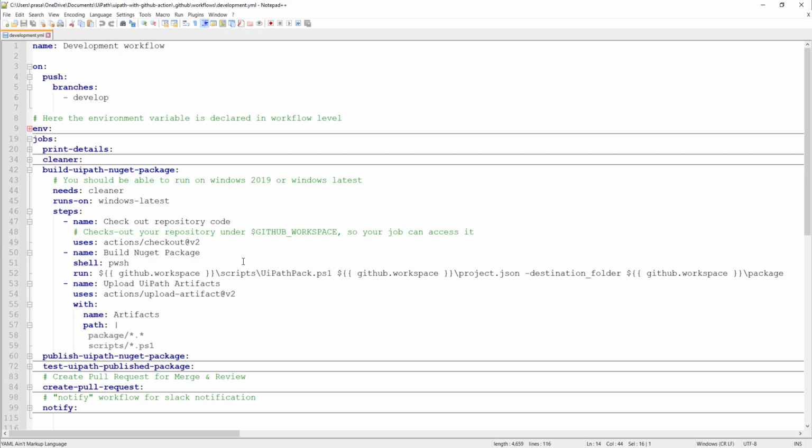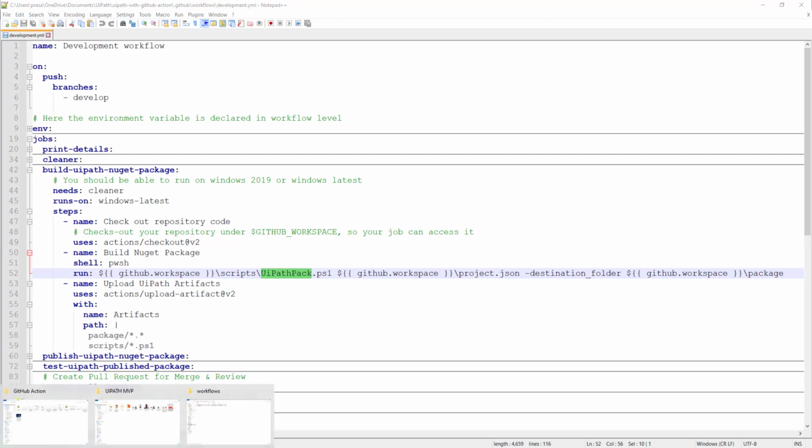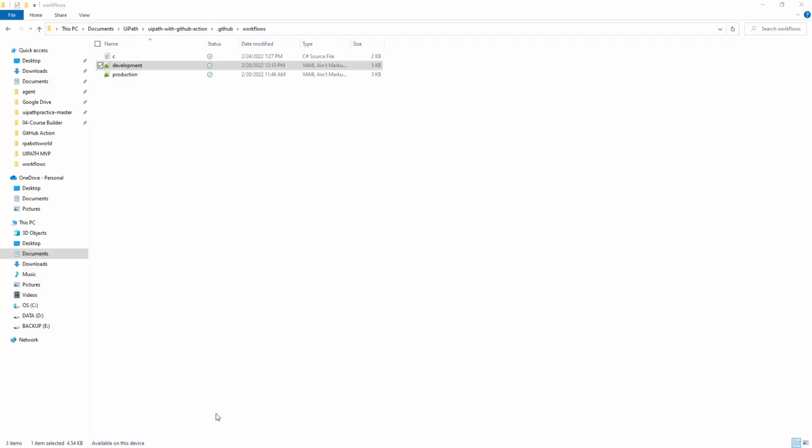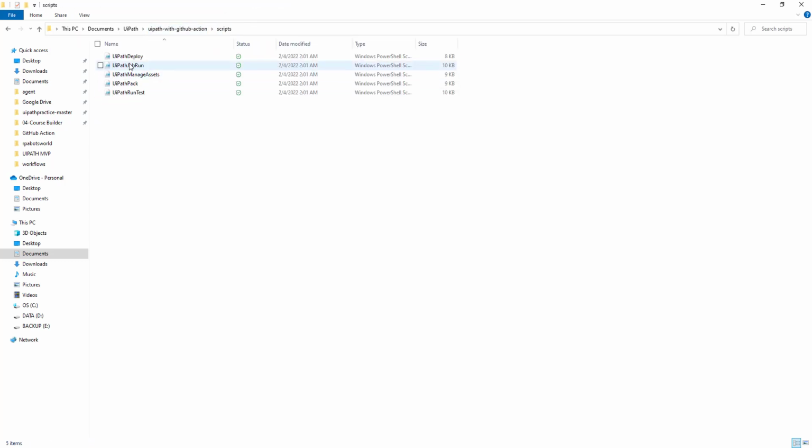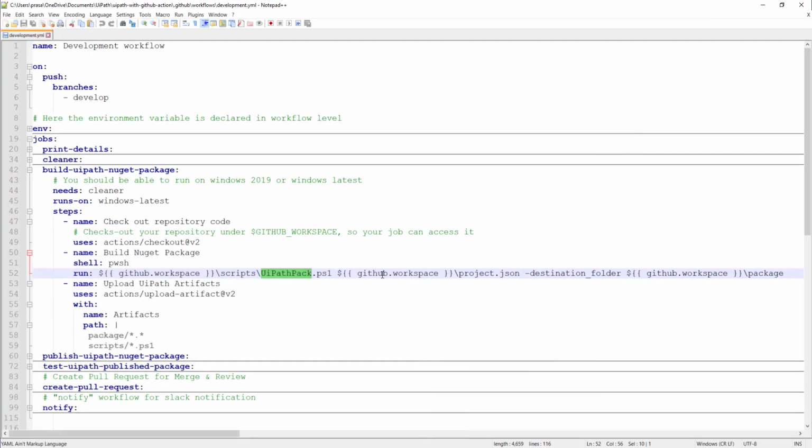To build a NuGet package, we are performing some step, and in that step we are running PowerShell. So shell is equal to powershell, right? And here, whatever script we have kept inside our project folder, I'm going to trigger that PowerShell script along with some required parameters.